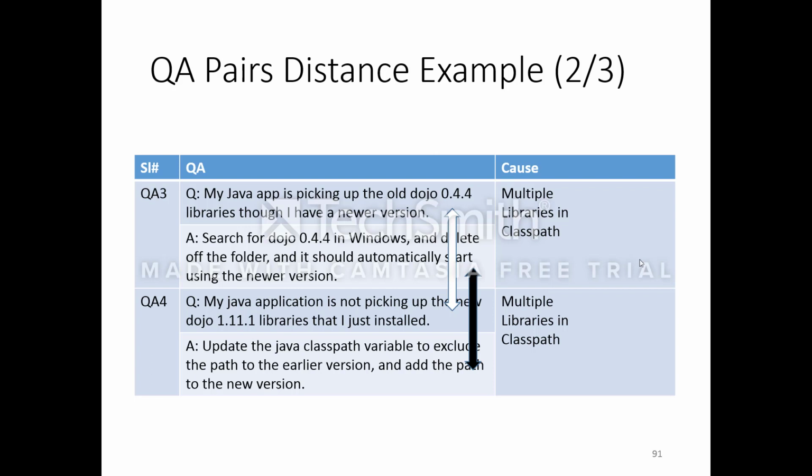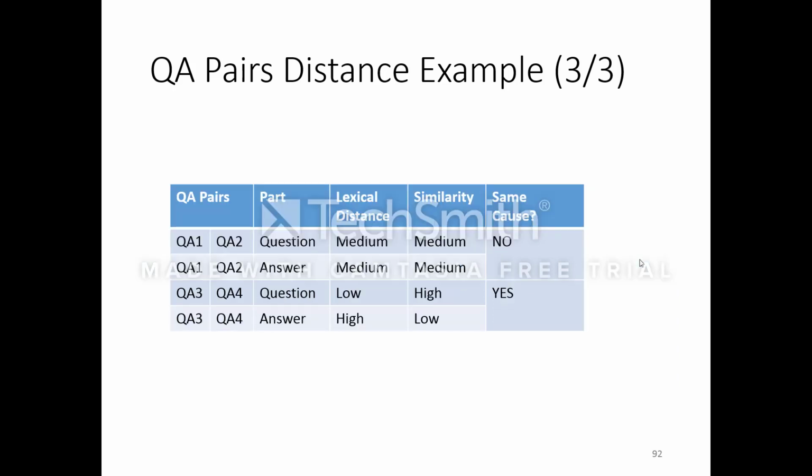So these are cursory observations, but they lead us to something interesting. If the similarity between the question parts is medium and the answer part is medium, you can maybe say that they are of the same cause or not of the same cause, whatever it is. And in this particular case, they are not of the same cause. But in certain cases, if the similarity on one of these parts is high, then it tends to be of the same cause. In particular, when we looked at the previous example, we saw that the same question was being posed,